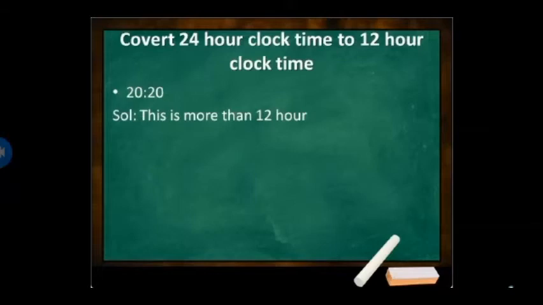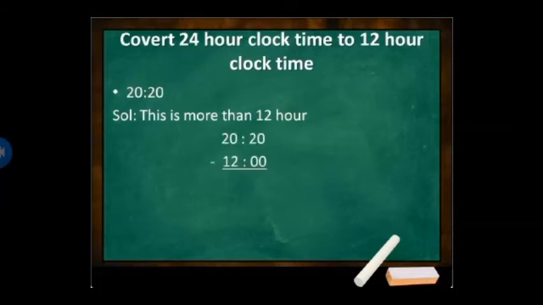Now here we will convert the 24 hours time to 12 hours time. Okay. Now the question is 20 20, that is 20 hours 20 minutes. Now we will convert it into 12 hours. Now this problem has got more than 12 hours. That is, 20 hours is more than 12 hours. So what you are going to do here is you are going to